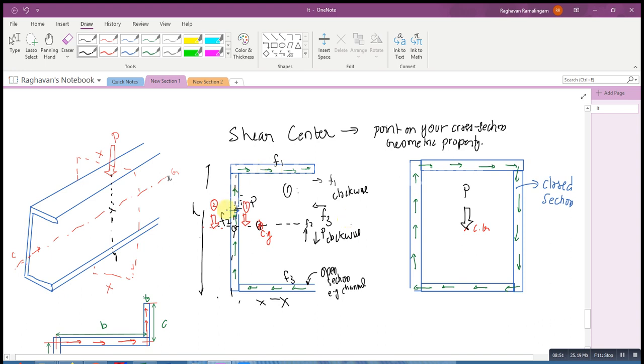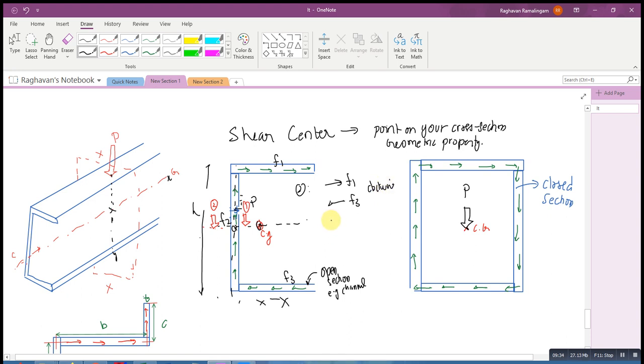So even though I have moved it to the left of the CG, if I do a summation of moments now, the couple of F1 and F3 is clockwise, and the couple of P and F2 is also clockwise, and therefore this will not give you equilibrium. So I move to option 2. If I investigate option 2, I find that if I place my load at position 2, which means to the left of the web as well, then F1 and F3 go clockwise,